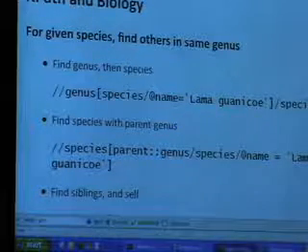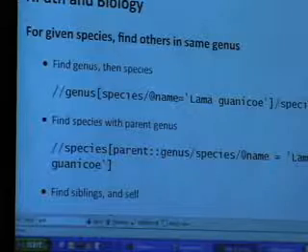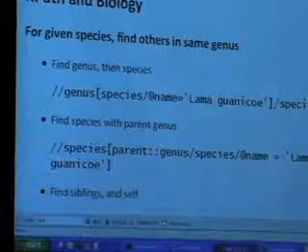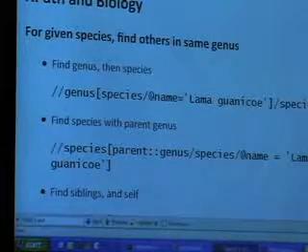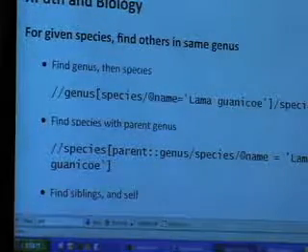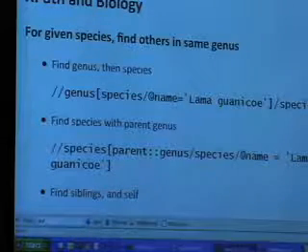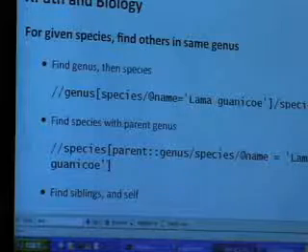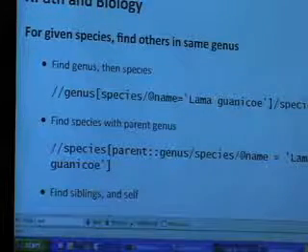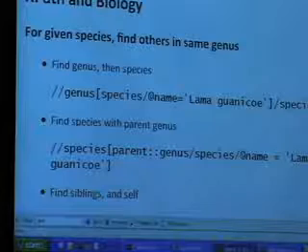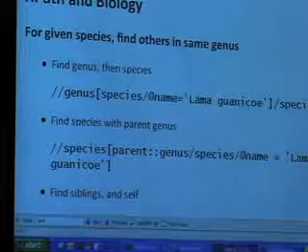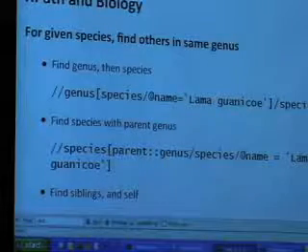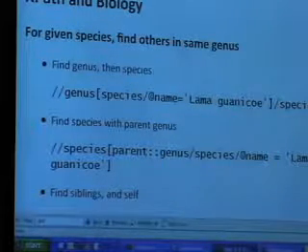So our XPath expression, we could just do descendant-or-self to find the genus predicate whose species name is equal to, in this case, the llama guanaco. And then that's going to select the genus that's a parent of the llama guanaco, and then we're going to select all the child species of that. So that's going to return a sequence of all the species that include the llama guanaco plus its siblings,